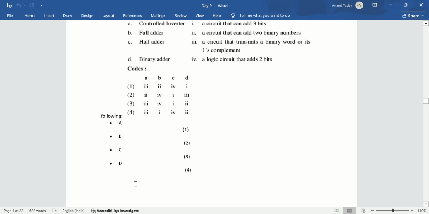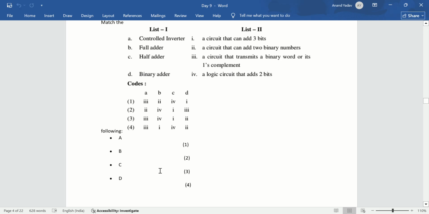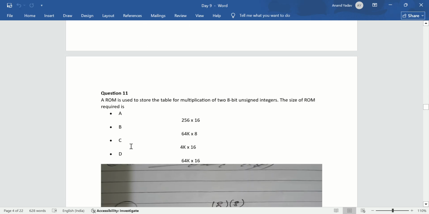So option 4 is correct for this one. So option D is correct. Option D is correct for this question. Now next one is